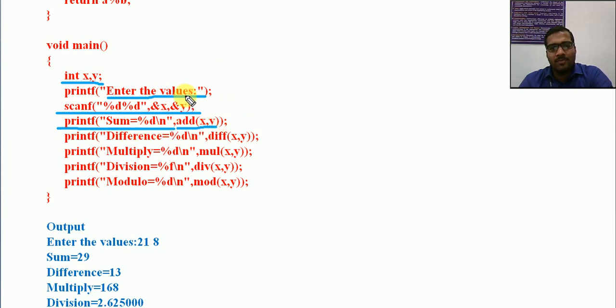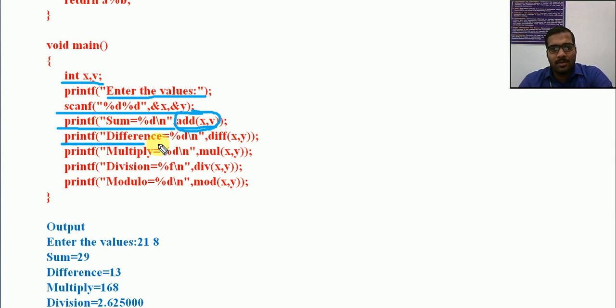So it will go to the add function with two values x and y that are entered by the user, and the add is returning the value that will be available here. When it is directly given inside the printf, we don't need to assign this into a variable, but if it is part of some expression, this is to be assigned to a variable when we are having a return value. If you are not having a return value, we can directly simply write add of x, y. Okay, now it is part of printf even if it is returning a value. So I can directly write add of x, y, and whatever value is returned here will be printed.